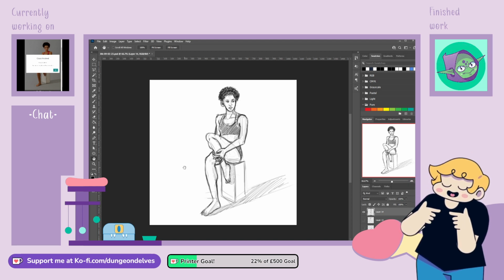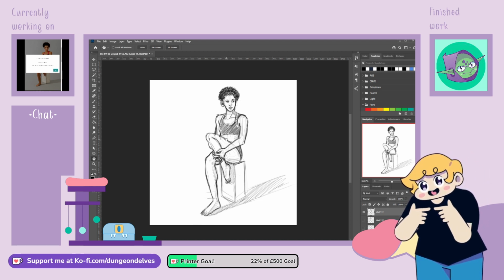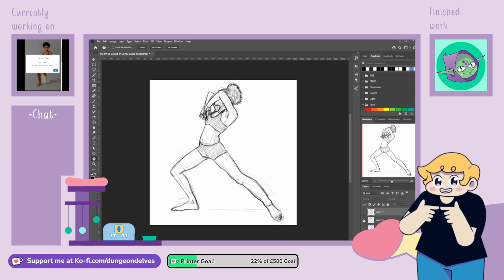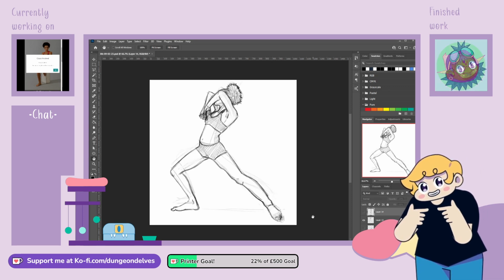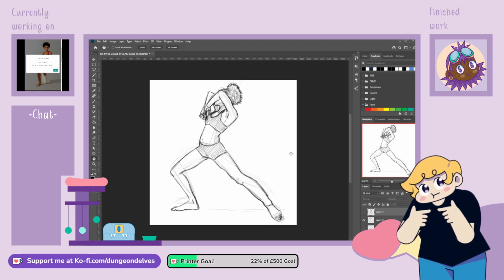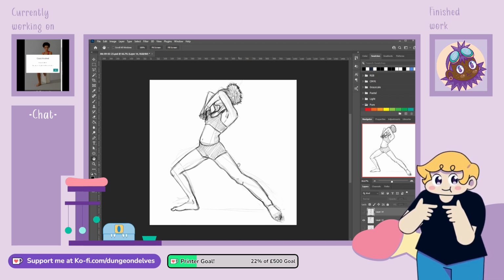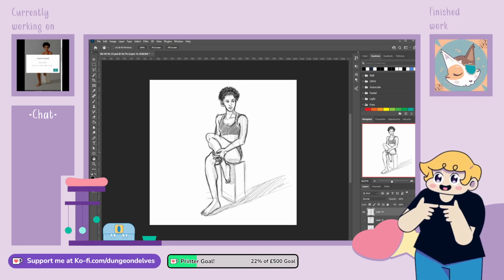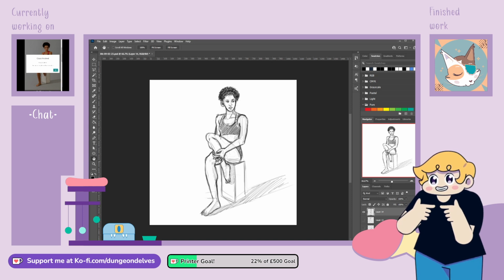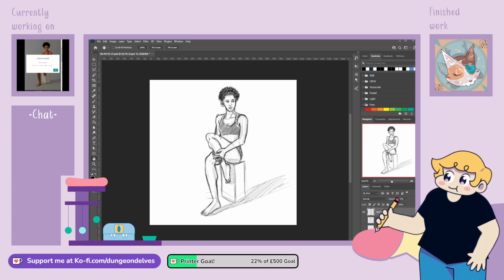I really like this one especially. I think that's got a good angle to it and a good flow. But I just think this one is better. I really like this one. But there was more going on with this one. I have to give myself that this pose is a lot more big. And she's doing a lot more with her limbs than just sitting there. So I quite like the way that the muscles are contracted here. So I think we did good. I think we did good overall.